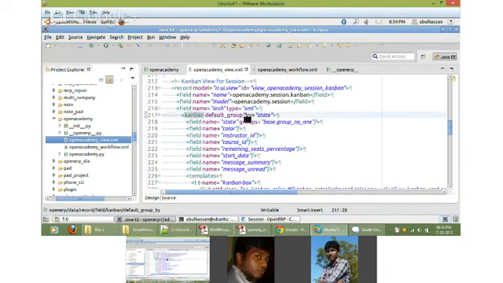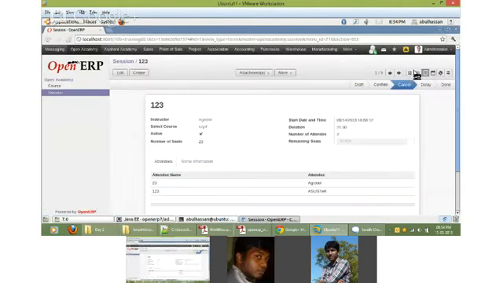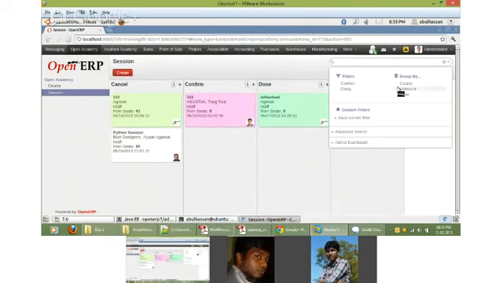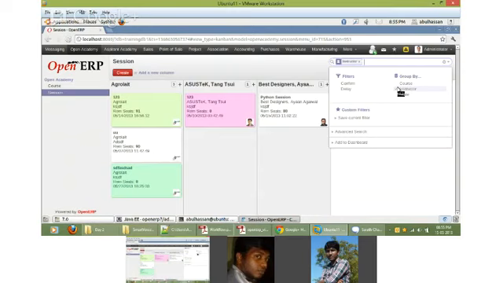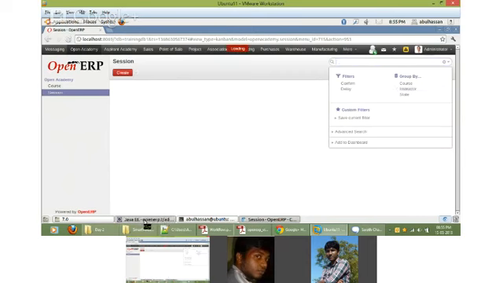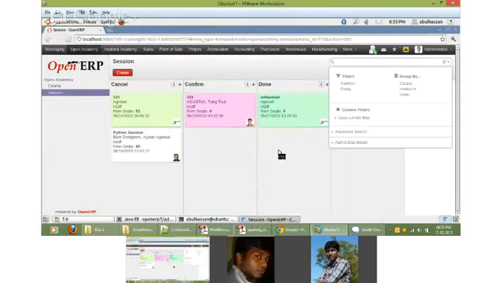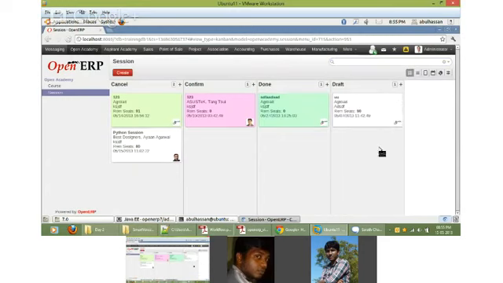And here we mention what the default group by is. We are grouping by state. You can actually change the group by values, by instructor or by state, but the default is mentioned here. These are the field names being displayed. We have also defined another field called color, because from the Kanban view you can change the color of the displayed record. So to store that, we have defined this field.